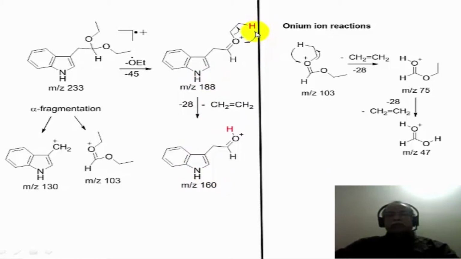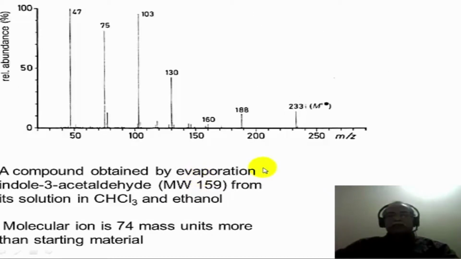So the migration of the red hydrogen onto the oxygen followed by cleavage of the carbon-oxygen bond results in the protonated species of the indole 3-carboxaldehyde, and the loss of 28 mass units is accounted for by the loss from 188 to 160. Now let us see if the mass spectrum of this particular compound has these fragments, namely 188, 130, 103 and 160. It does indeed have the peaks corresponding to 188, 160, 130 and 103. 103 seems to be a very intense peak, and relatively speaking the other peaks are also not too bad in terms of the intensity, except for the 160 peak.